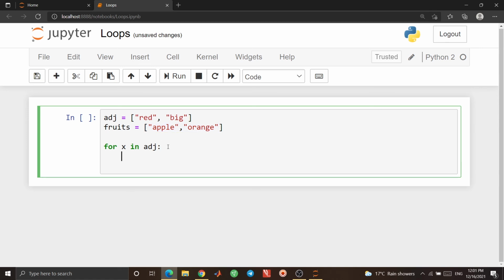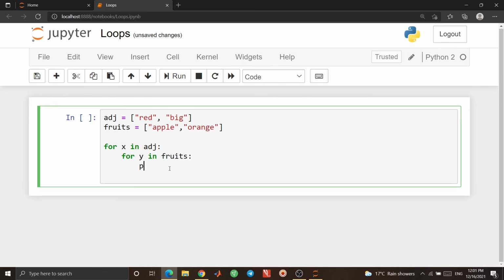For each iteration of this loop, x is, for example, the first time red and the second time big. The first time it is red, and I want to say that the apple is red and the orange is red. So I have to use for y in fruits here. And here I want to print